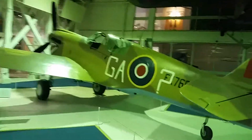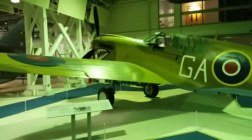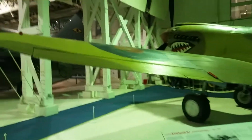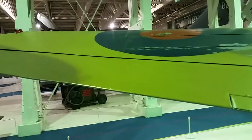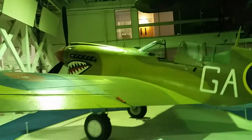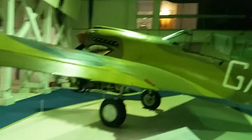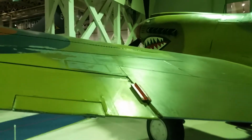Beautiful looking aircraft, very successful during the North African campaign. I think this one had an Allison engine or a Rolls-Royce Merlin, I'm not quite sure. Let me just find out from the information. Oh no, this had a 1470 horsepower Allison engine. But as I say, they were very successful during the North African campaign. I think this is in the markings of, let me just see, 112 Squadron, who were the most well-known outfit